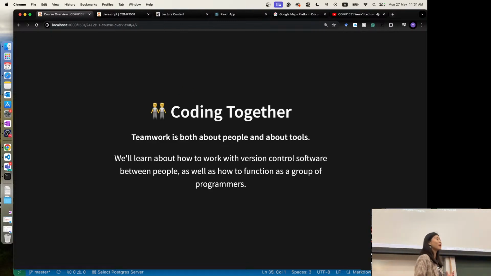We'll also learn about coding together. As we mentioned, no single genius can make a successful software like Facebook or YouTube by themselves. So we'll learn how to code together. We'll learn about teamwork in the context of software engineering. We'll learn tools like Git,